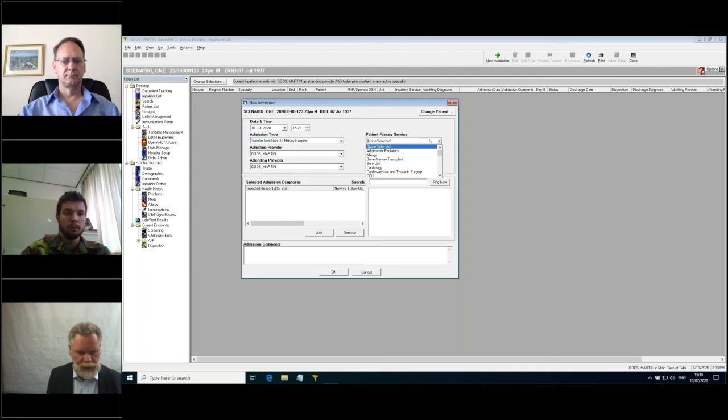And for patient primary service, I'm going to select the setup of my Dutch Role 1, which is a medical ICU and has 2 beds available.